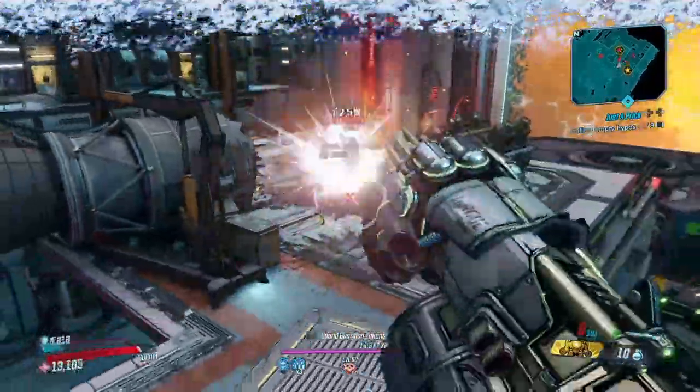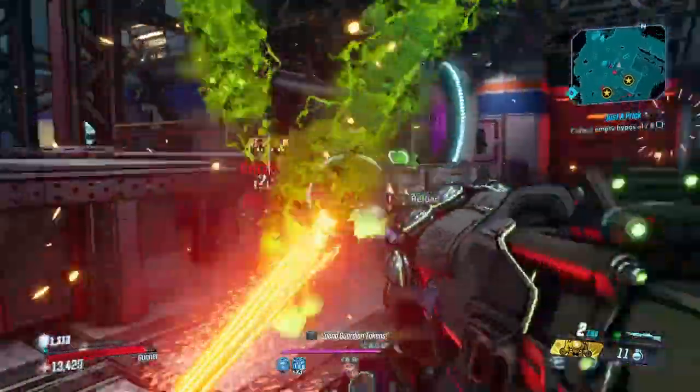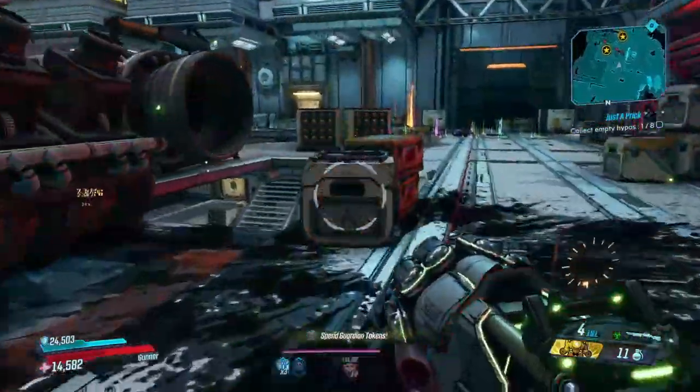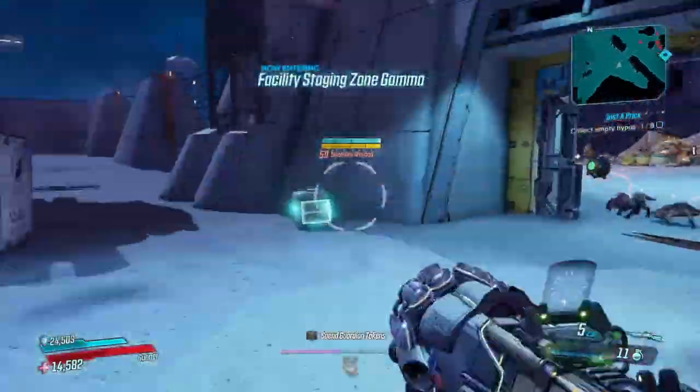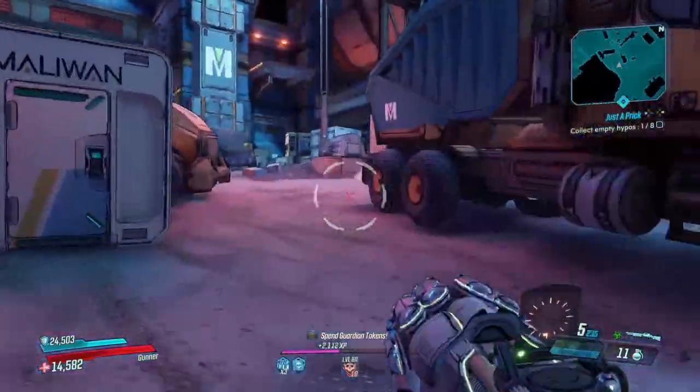Now we're using the Blastmaster, as you guys know, and this gun is actually really doing work surprisingly. I'm really happy with the amount of damage it's doing. It's quite a fun weapon to use, and I'm having a lot of fun with it. Alright guys, so we're at the Maliwan takedown with the Tiggs Boom, and we're going to try and go against